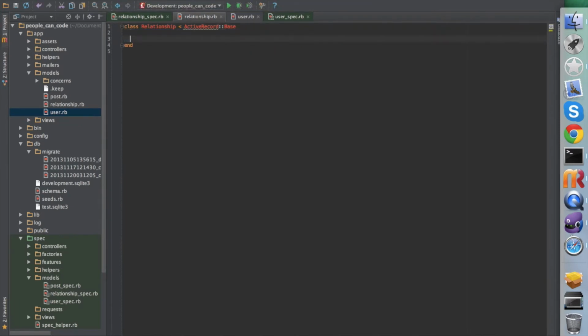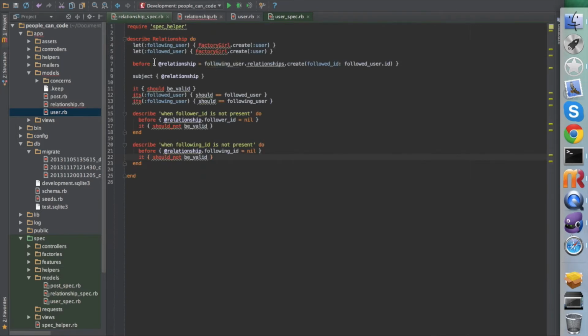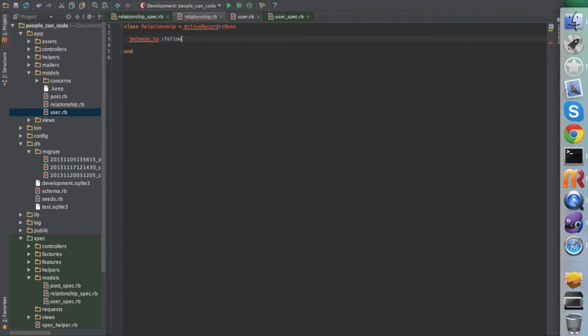Let's say that the relationship belongs to followed user, right? This is what we specified here. It's followed user and following user. So say following user and followed user. Okay, and there is something here that we need to do right here,